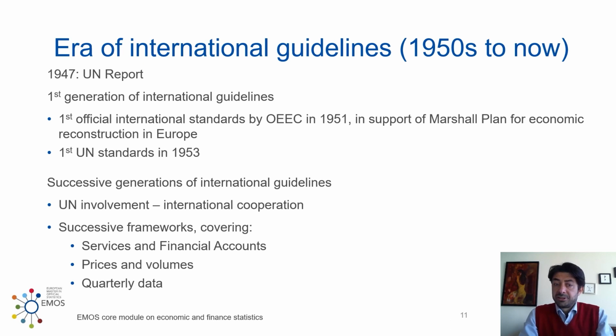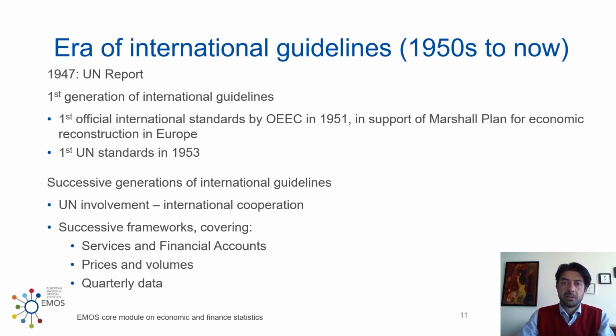So the bureaucrats stepped in. The United Nations, in particular, had a very specific issue. They needed to establish criteria for country contributions to the system, to the United Nations. And for this, they needed comparable data of how much countries could contribute. So this was a big incentive for them to establish first guidelines that were accepted and followed internationally by all